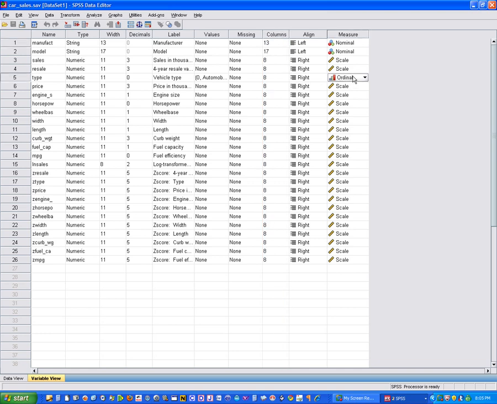Okay, and we could look at the different types of variables that we can make these. We can make them scale, ordinal, or nominal. And to keep this file relatively small, I'm going to hold up here, and then I will continue on in another file, and we'll call it